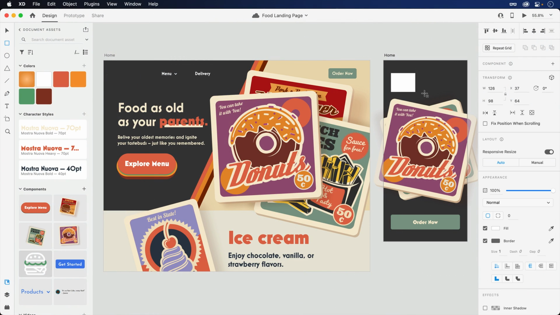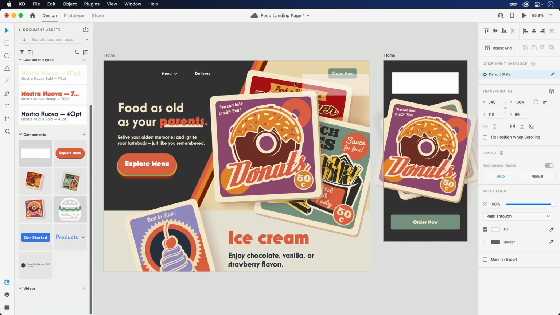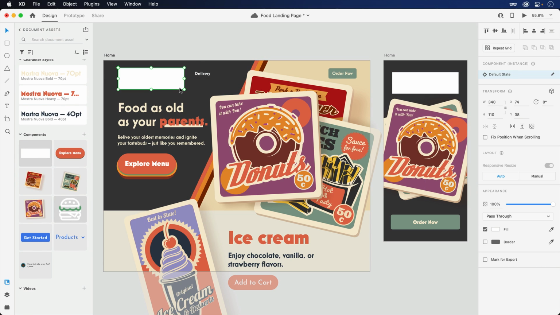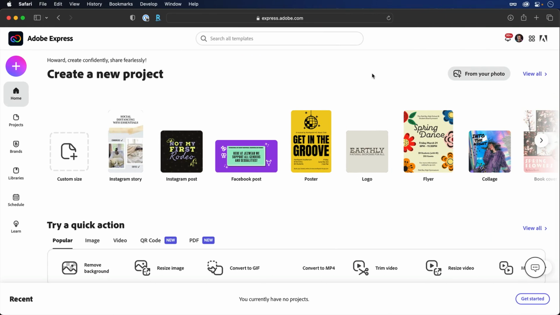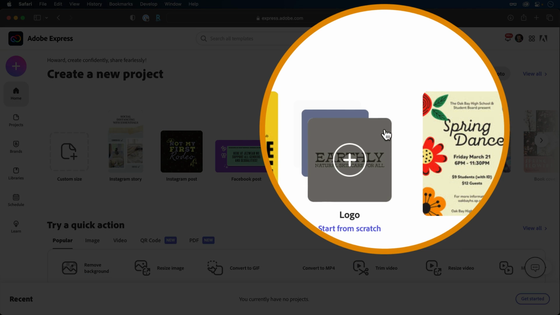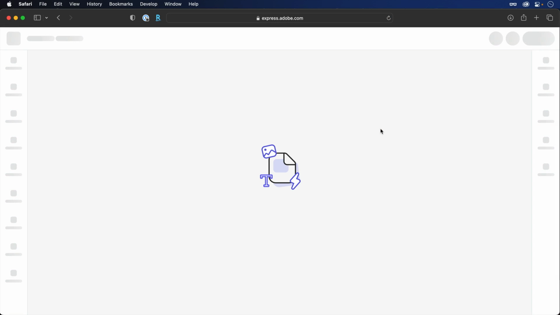I can't tell you how many fictitious products I've designed for my portfolios, but I almost always struggle and sometimes don't want to bother with the brand logo. Recently, I've been using Adobe Express to quickly create great-looking logos for my designs. Straight from the home screen, a new project can be kicked off, and in this case, a logo.